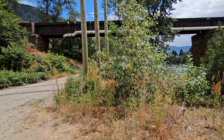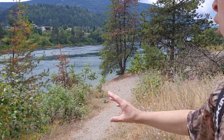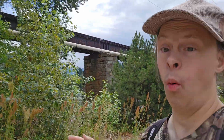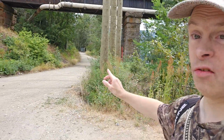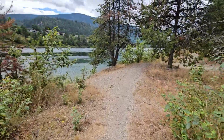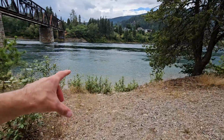Speaking of a trail, look behind me. There's a trail right down over here that we'll take a look at quickly, and then we'll go under the bridge to where Waldie Trail is. Okay, so here we go, down is our first trail before we enter in. Look safe for it, please. This takes us to Columbia River, which is what you'll see coming up just right over here. This is Columbia River,